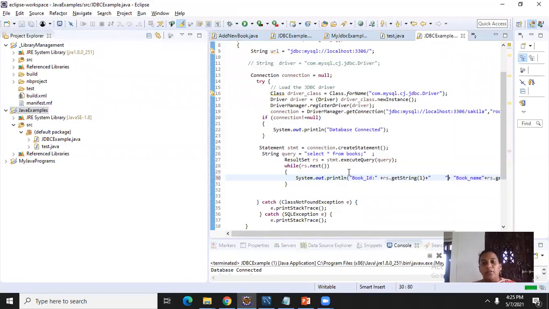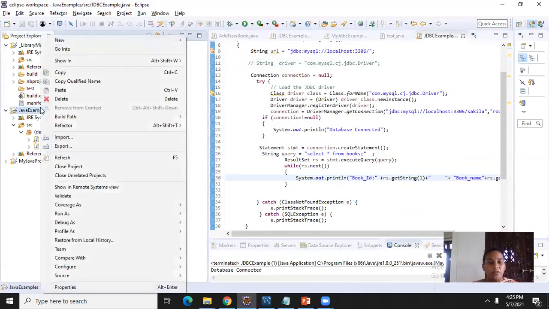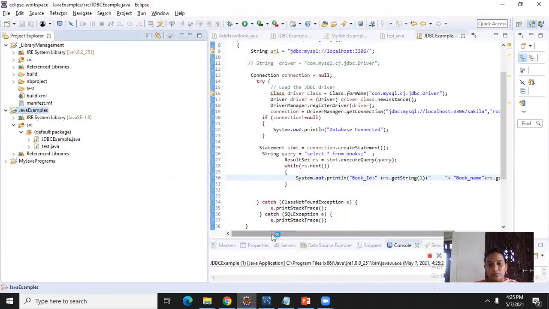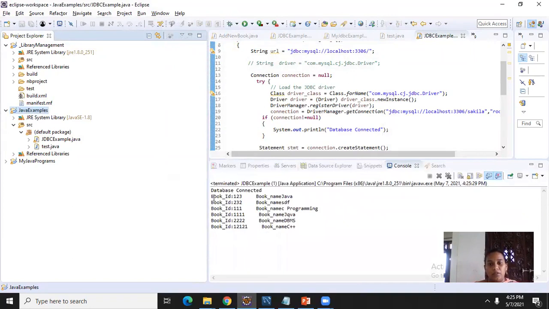Now once again I am going to execute, then the clarity will improve. See here. Book ID is 123, book name is Java. Book ID is 232, book name is SDF. Book ID is 111, book name C programming, Java, DBMS, C++.